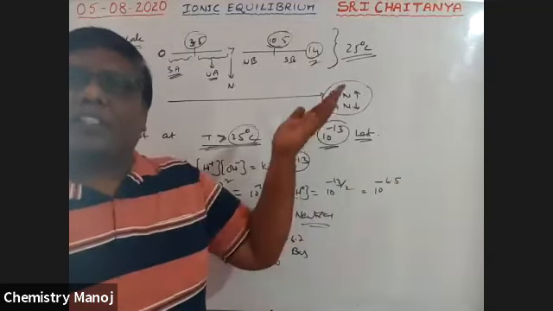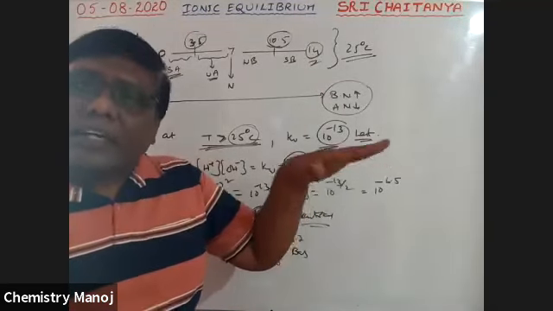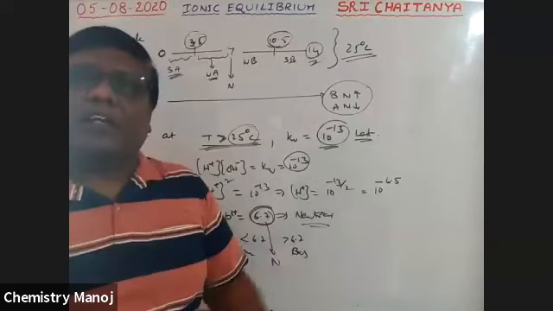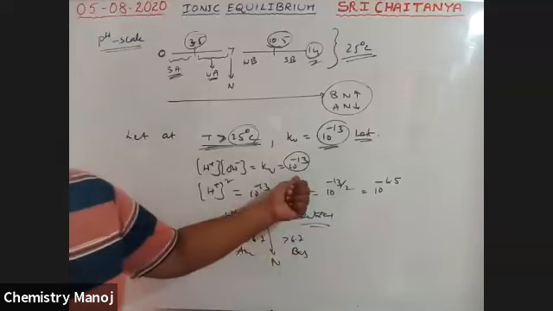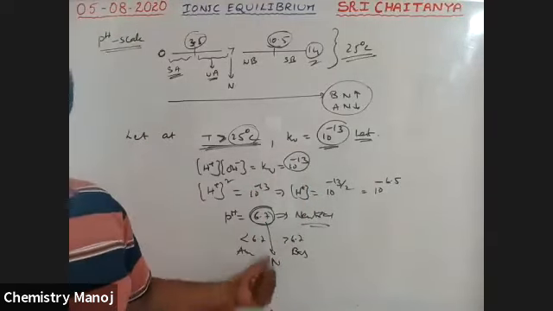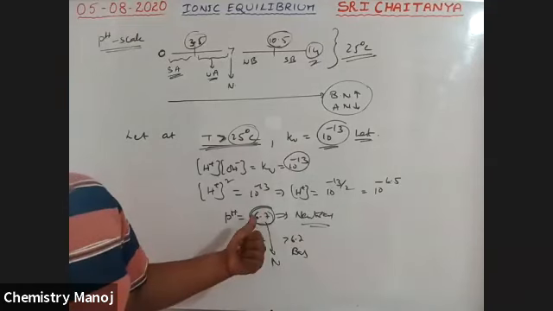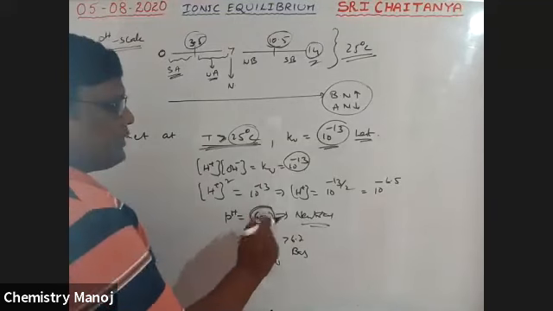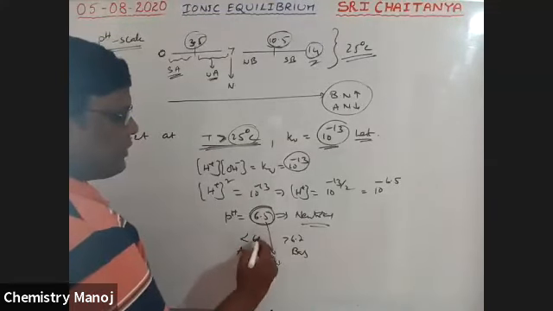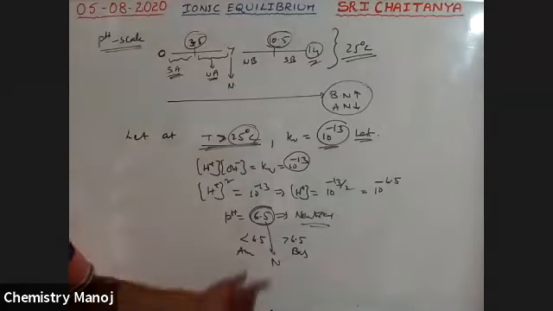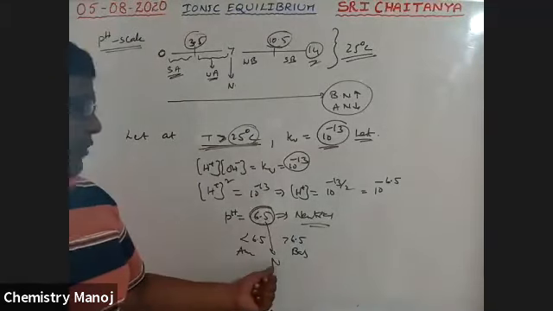Because as temperature increases, Kw value increases. That means 10 power minus 13 is more than 10 power minus 14, so it is a higher Kw value. So if Kw is 10 power minus 13, the neutral situation is 6.5, not 7. Yes, sorry, it is 6.5, not 6.7. Thank you for pointing that out. At 6.5, it is neutral.